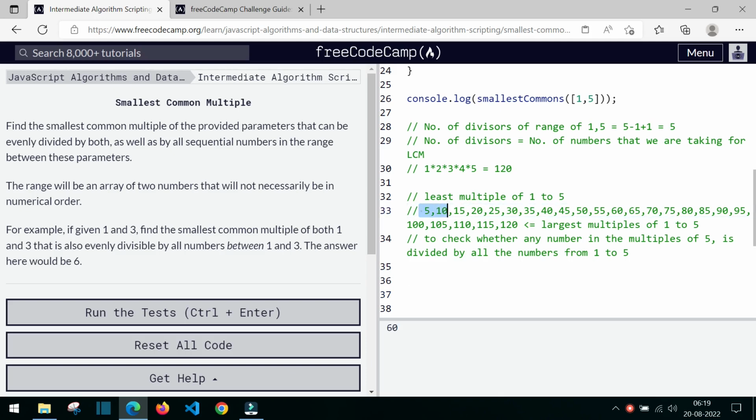So why have we taken the multiples of the maximum number? We could have taken the minimum number also. So why did we take the multiple of the maximum number? Because if we have to find the least common multiple, the LCM of 1 to 5,